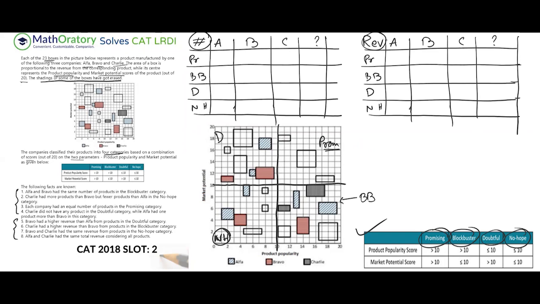You'll understand this automatically. So first thing, for the promising ones, see, these things are in the promising category. So this first quadrant, there are 3 products here, but we know nothing about which company it falls in. We know nothing about it, right? So I'm just going to write a 0, 0, and 0 here. I'm going to put a plus and plus here. So this will give me what extra I'm adding. So that will be easy to relate later on. And here I'm going to put a 3. Okay, side by side, I'm also going to take up the revenue things because that will also be part of the analysis. So revenues, here I don't know A, B, C.